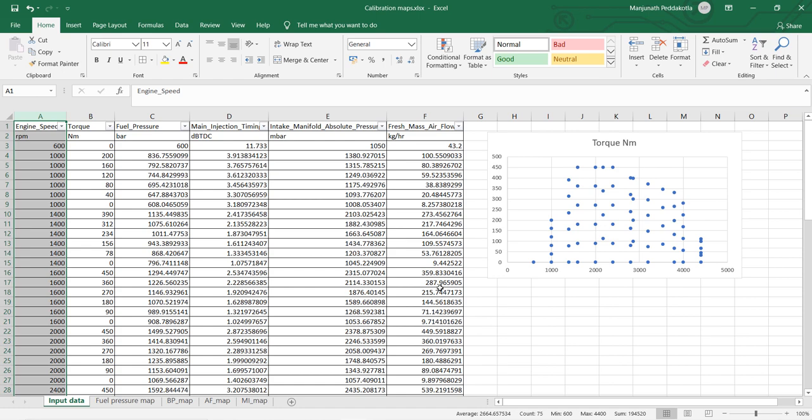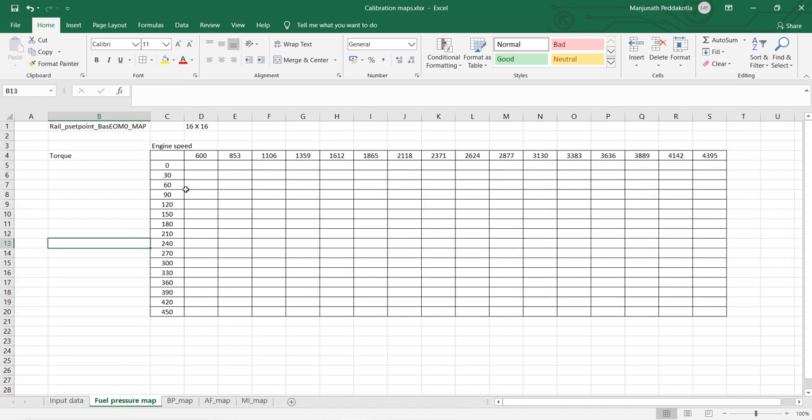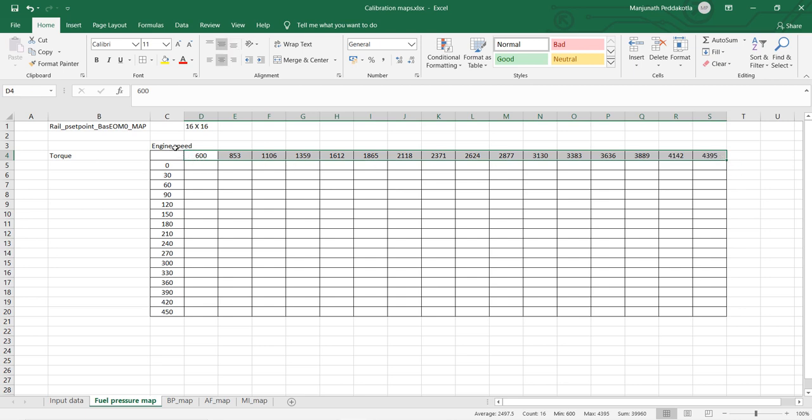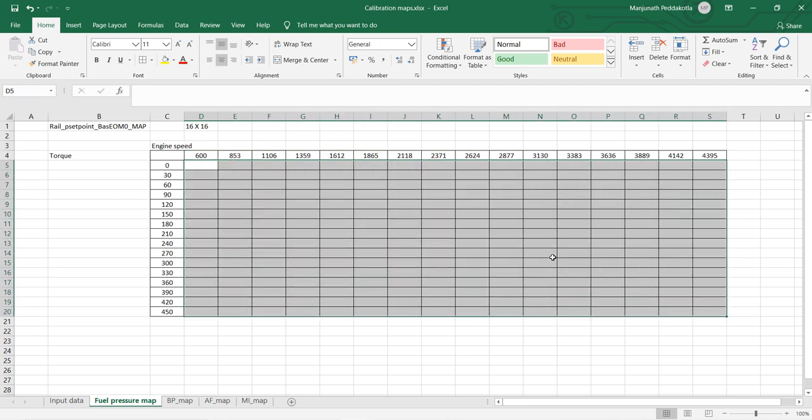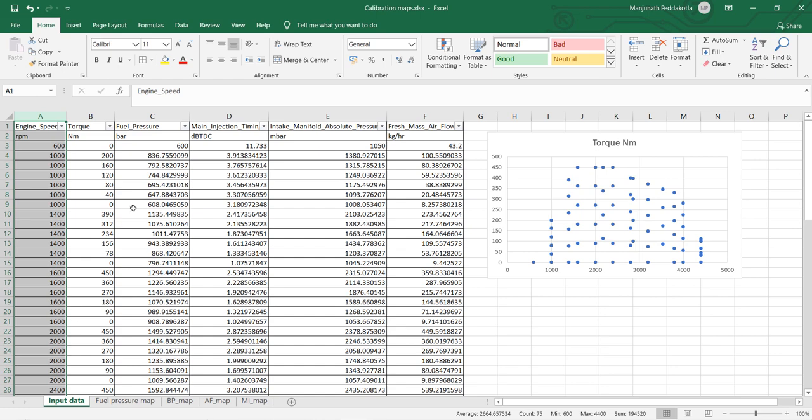But when you have to make it into a map, which is generally like this, we have the x-axis as speed and the y-axis as torque. And here we have a 16 by 16 matrix, and this is the fuel pressure map. So we need to create a map with all the values here, based upon these values.